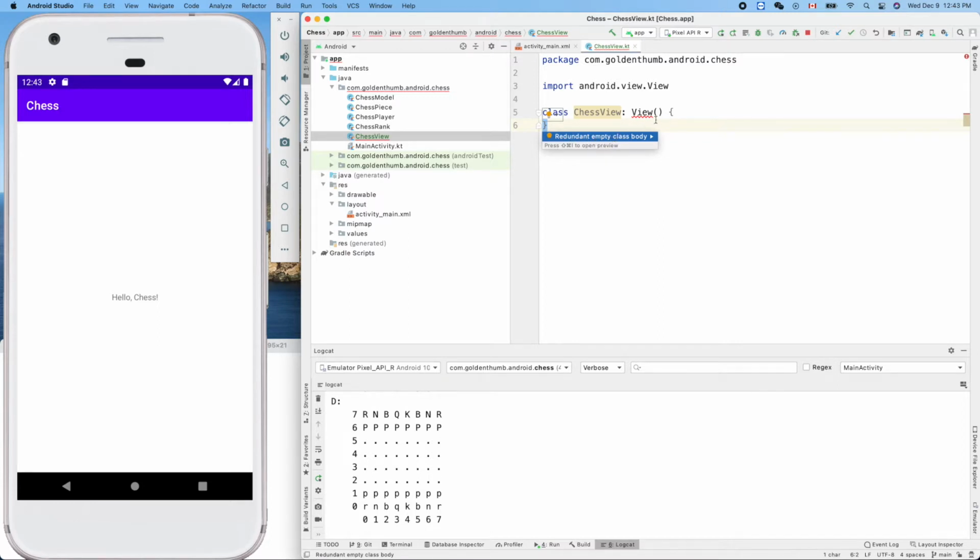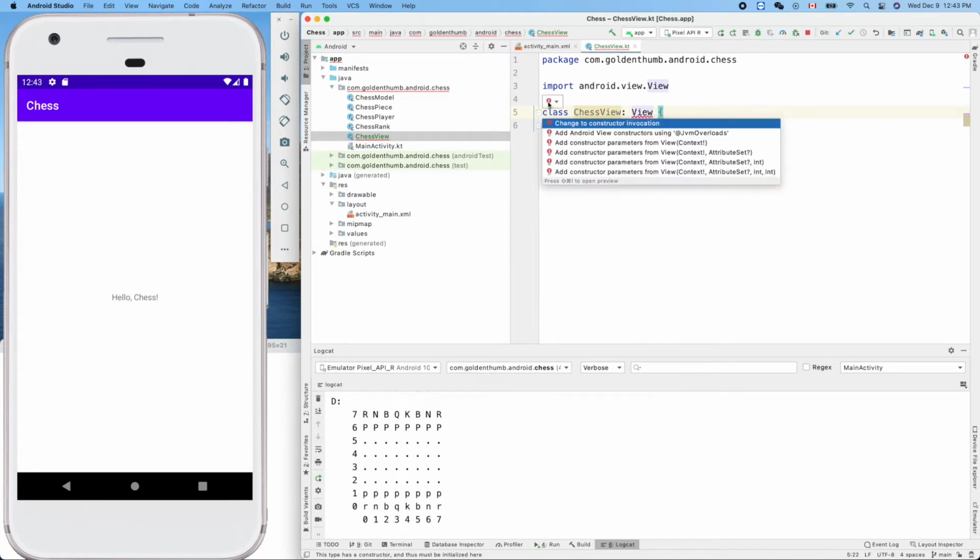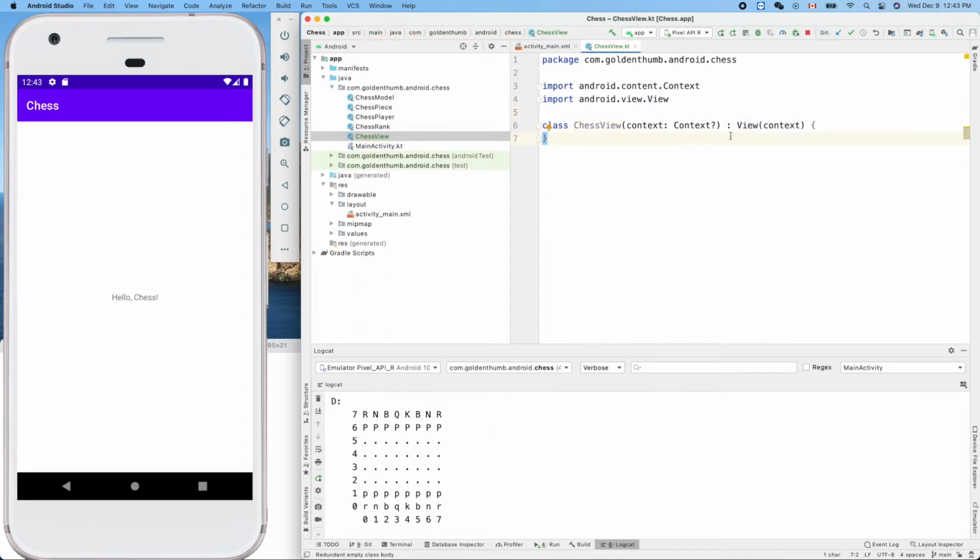Redundant. Wait a minute. Undo. Is there any other suggestion here? Add Android view constructor using add constructor parameters from view. Yeah, let's use this one. Okay, so now we can